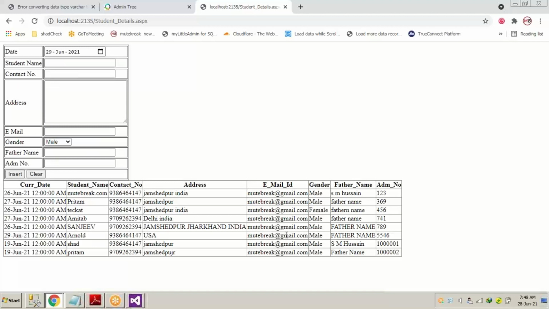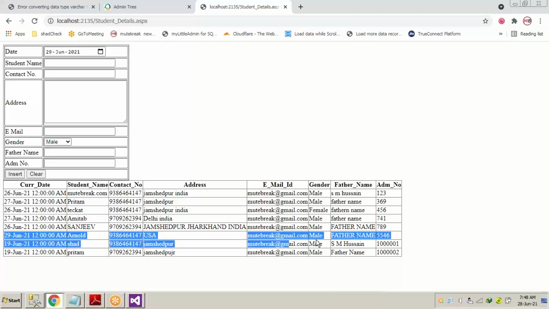Now remember, if we press the insert button, we are going to see the entire grid view, the entire record which has been saved previously also in our data table, and the record which we have saved is this one. You can see it over here. Arnold, the name is Arnold, phone number, address, email ID, father name, and admission number.